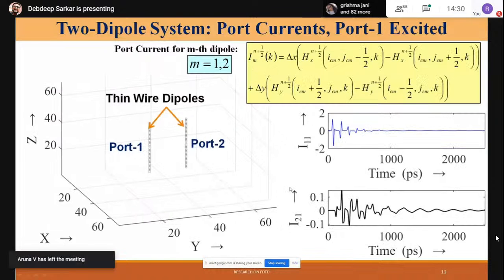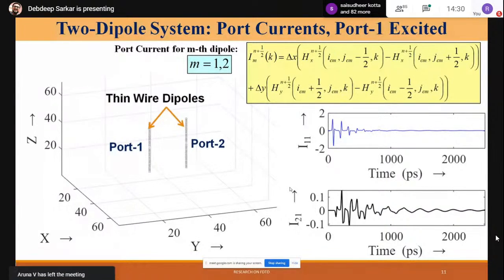But we also need the port currents, because from basic circuit knowledge we know that we must get the voltage and current to go into the impedance, and from that we will come to the S parameters. That part we know. So we also need to save the current. How will the currents actually be evaluated? Again, I showed you the E-grid, and you can remember the Ampere circuital law. I have not put that thing over here, but you can imagine it is the curl of